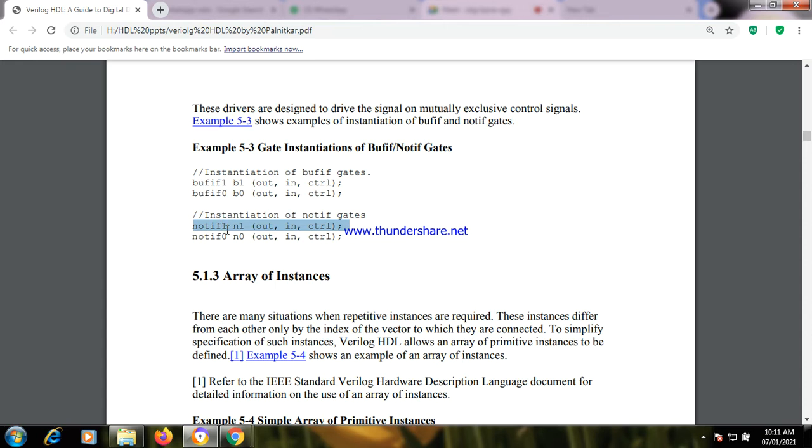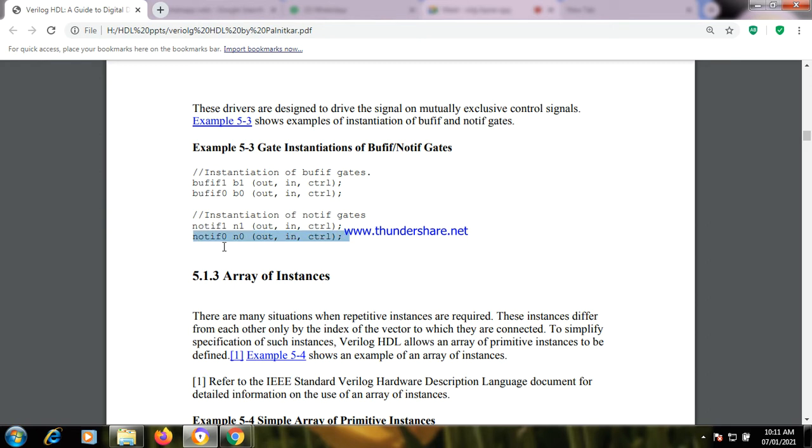So this is the condition. If this condition is 1, whatever input you are giving, that will be inverted at the output side. Means if control input is 1, then you are giving input as 0, then you can expect 1 at the output side. Getting? Then check the second sentence.